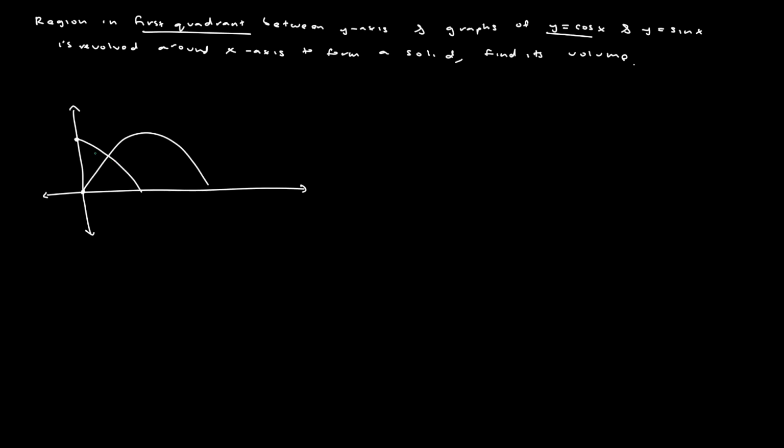So this region is the region we're worried about. And we know that sine x is equal to cosine x first at pi over 4. Essentially the problem says that we're revolving this region across the x-axis, so we're going to revolve around the x-axis to form a solid. So our cross section essentially becomes kind of like